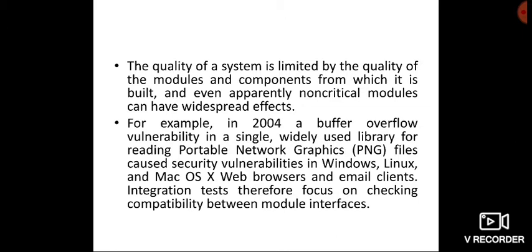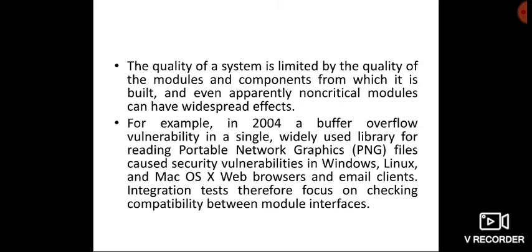Of course, the quality of a system is actually limited by the quality of the modules. The basic thing of any testing is nothing but a unit or module.